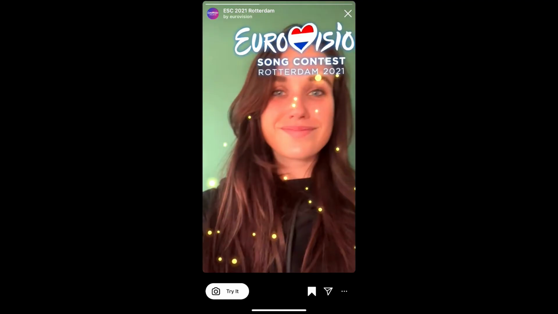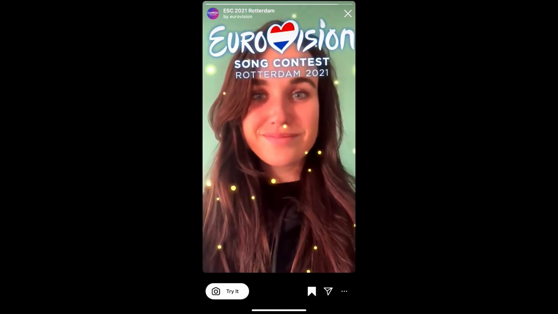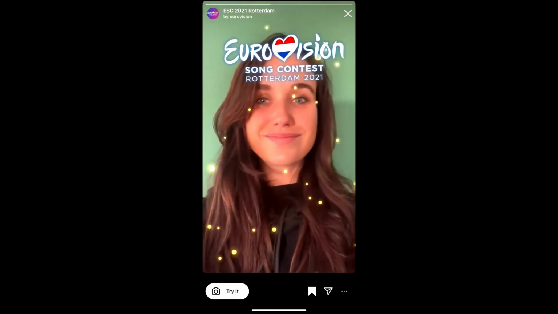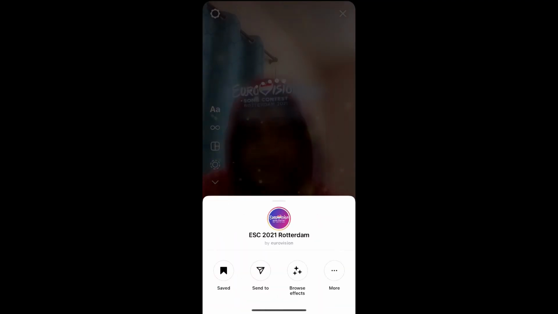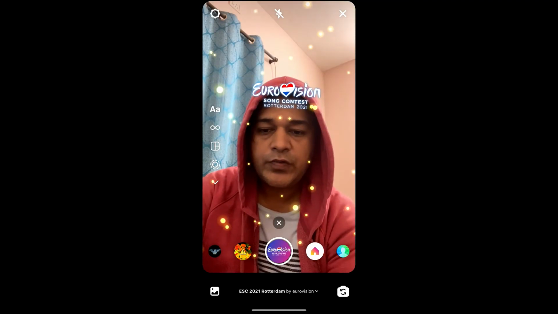Tap on it, you will see this preview. From here you can save it to your Instagram camera tray and you can tap on try to try the filter. Okay, and suppose you are not getting the effect like this, then what you can do,